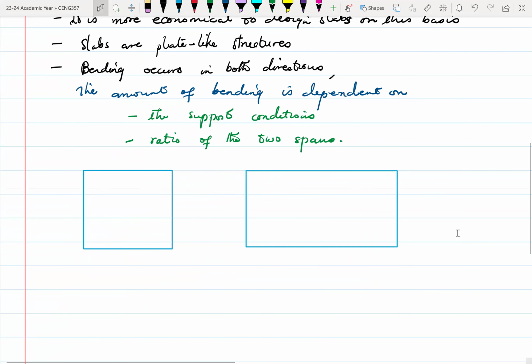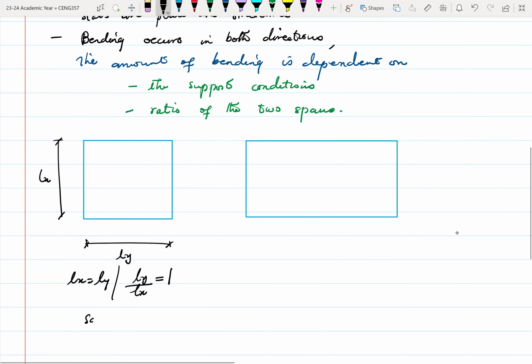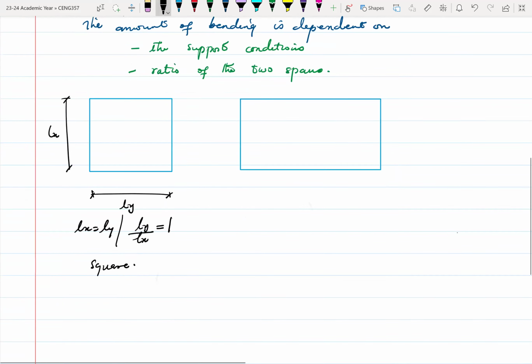All right. The first shape, we could say that this is our ly. This is our lx. So the first shape, our lx is equal to ly. Basically, the ratio of ly over lx will be equal to 1. So basically, this is supposed to be a square. So when it is a square,